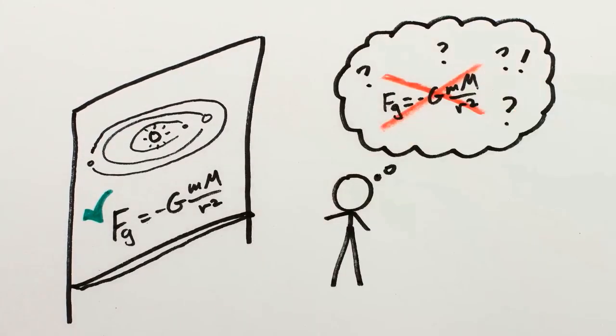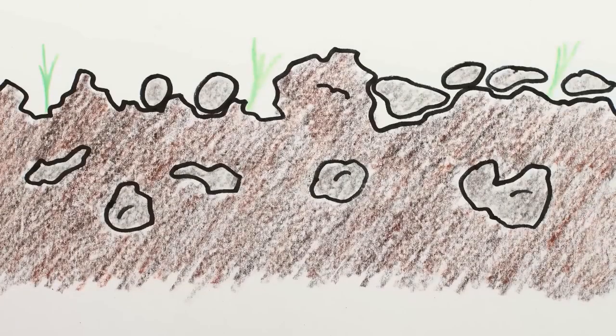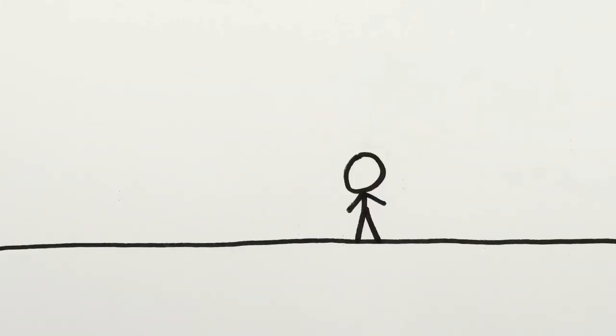Okay, but if Newton's law of gravitation has been confirmed so accurately by the motions of planets and moons, how could it be wrong at a different scale? Well, the Earth looks flat when you're relatively close to the ground, but zoom out and it looks round. Or zoom in and it looks bumpy. The law describing the shape of the Earth is different at different scales.